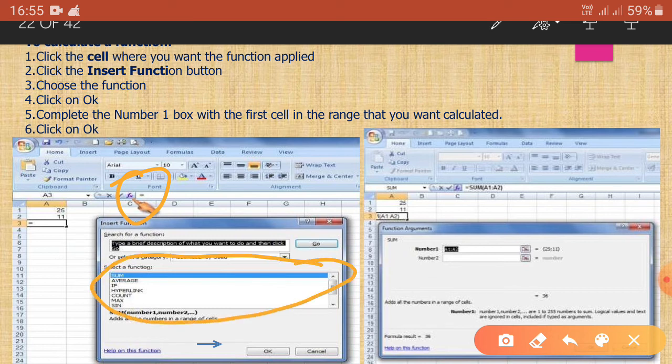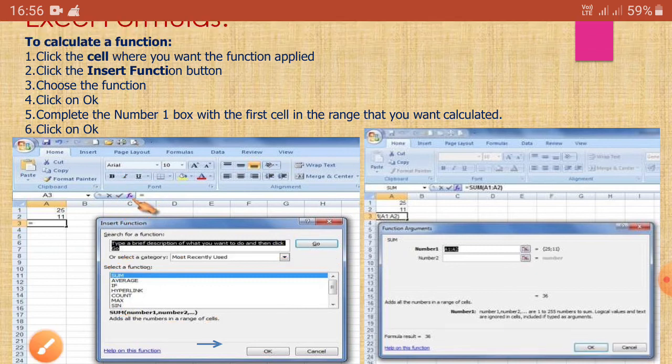Here all the functions are available: sum, average, if, hyperlink, count, max, min, sign. So choose the perfect one, and then click on the OK. Got it? So by doing all this procedure you can insert any function. Okay, go to the next slide.